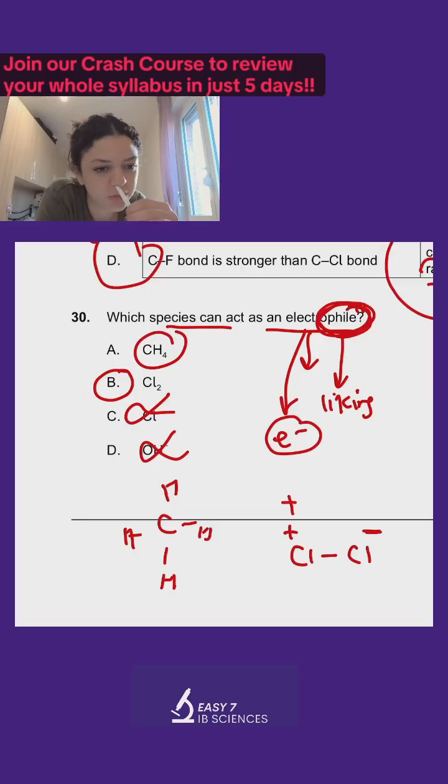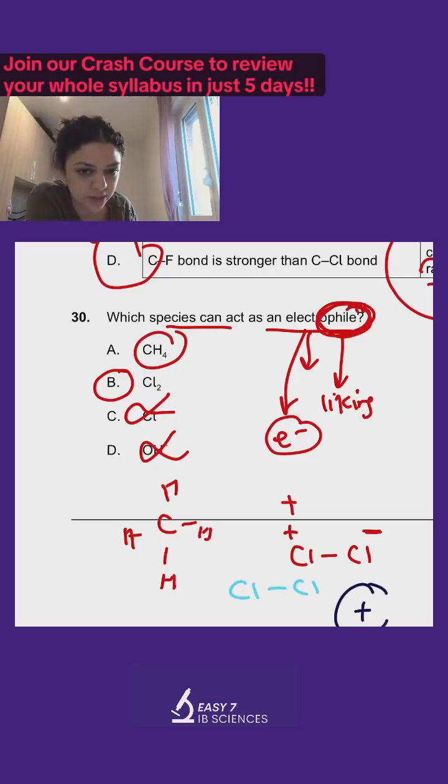But aren't halogens negatively charged? Yes, you're correct. Halogens are always negatively charged, but you can induce dipoles. So what do I mean by inducing dipoles? Basically, I have my Cl and Cl here. If I take something that is really, really, really positive and I bring it near this Cl molecule, I'm going to force this one. Like imagine the electrons in my Cl molecule surrounding it. And I bring something that is really, really strongly positive. All my electrons are going to get scared because they don't, sorry, not my electrons, all my,